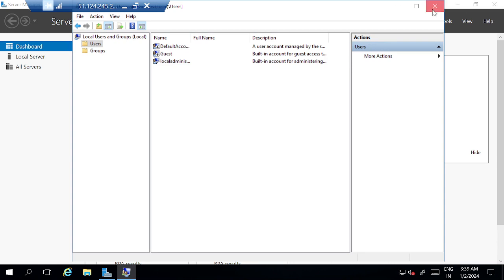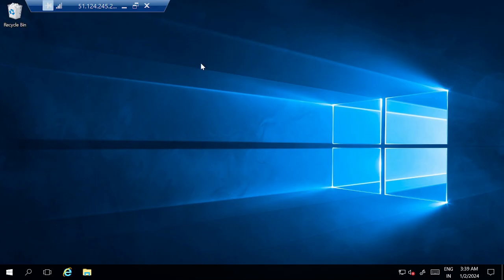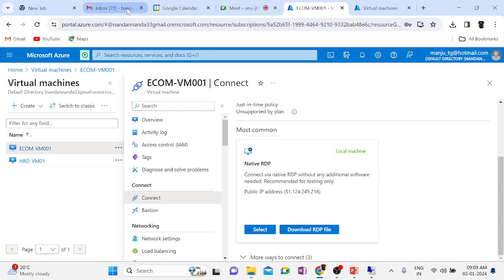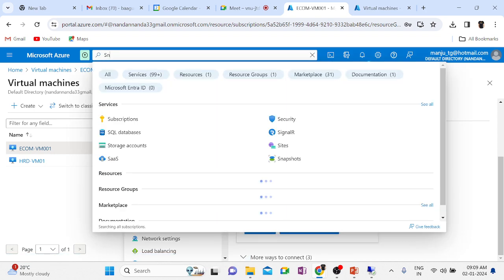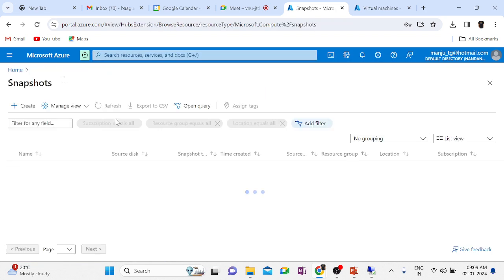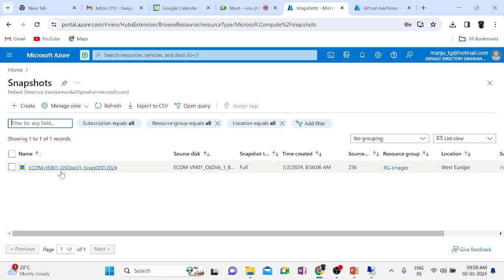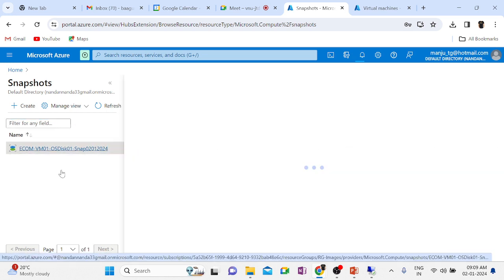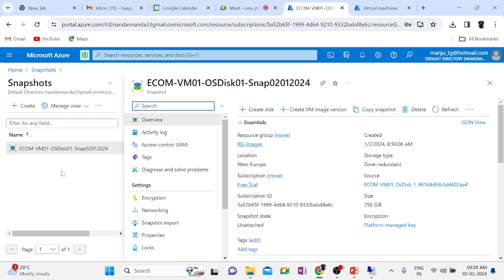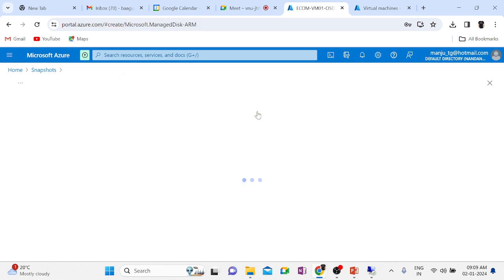Okay, now last 5 minutes. I don't have the file. I don't have the user account which I created. But if you remember, I have taken the snapshots. Before I deleted the things, I had taken the snapshot. See here, ecom VM OS disk snapshot. So what I will do, I'll create a disk out of this snapshot. See here, option called create a disk. Click on the create a disk option,